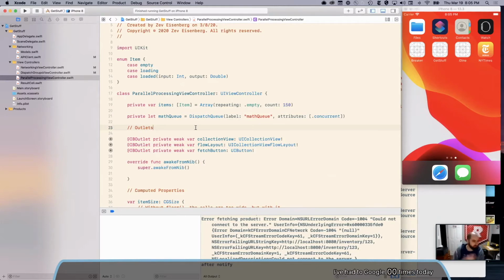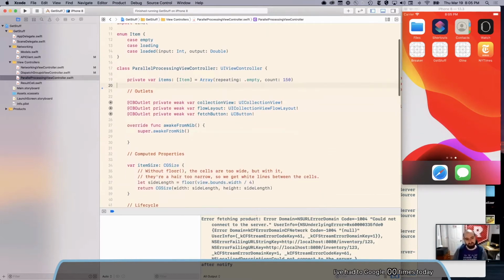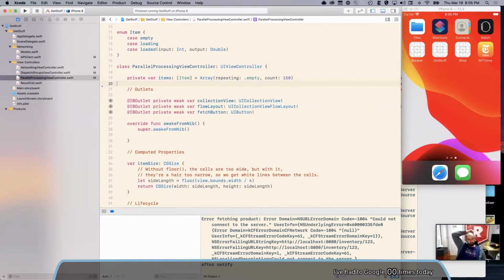Yes, great question. The thing in the chat, that's what we're going to talk about. Yeah, so in this example, I'm actually going to build it on the main queue first. Let's get rid of this. You haven't seen that yet. I'm going to do this in the main queue, show how it's slow, and then yes, we will have to explicitly put it on a background queue to make it faster.